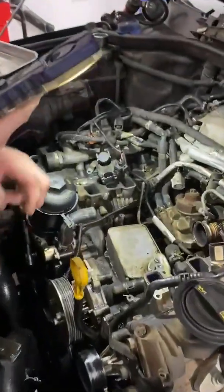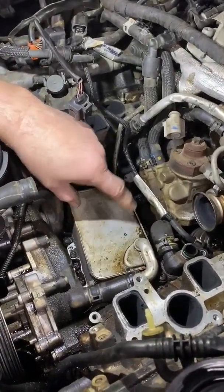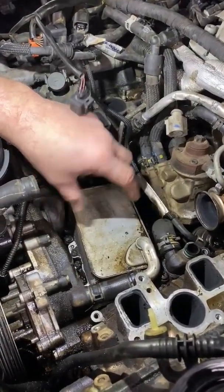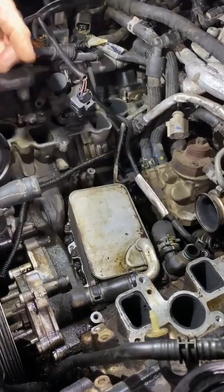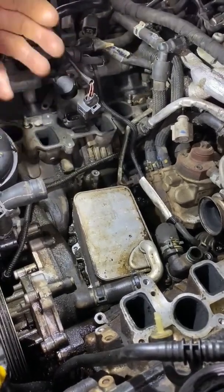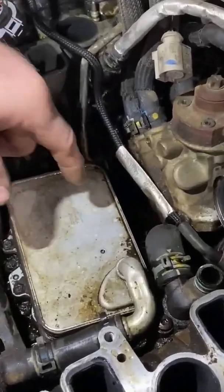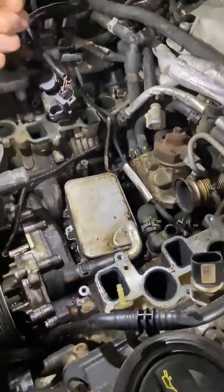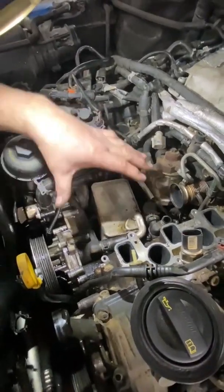Common issues on here. This is the engine oil cooler, and there's an adapter housing down under there, and the seals through time and mileage and so many heat cycles start getting hard, brittle, no longer flexible, and coolant starts leaking out through the bottom. In this case, we've got some oil going as well. Turns out to be a great big mess, because when this is all together, you can't really see down in